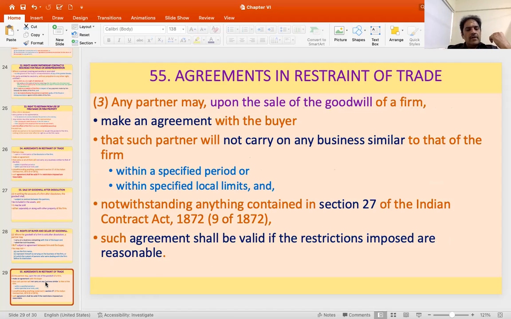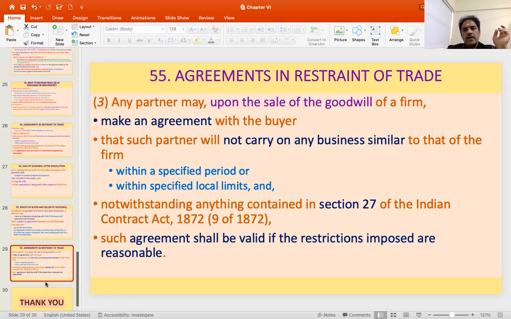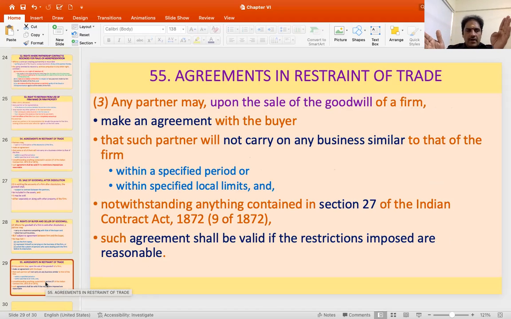Then agreements in restraint of trade. So now the first one was in relation to the period between dissolution and winding up. But this one is after winding up is over. So any partner, upon the sale of goodwill of a firm, may make an agreement with the buyer that such partner will not carry on any business similar to that of the firm within a specified period or within specified local limits, and notwithstanding anything contained in section 27 of the Indian Contract Act, such agreement shall be valid if the